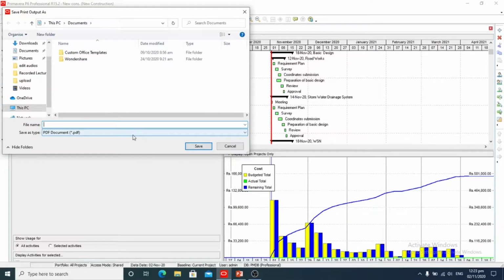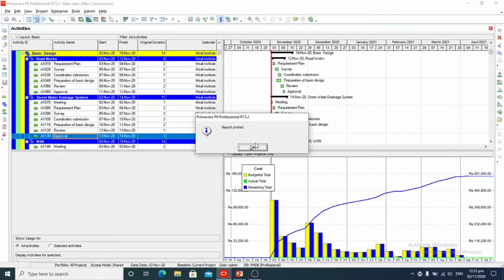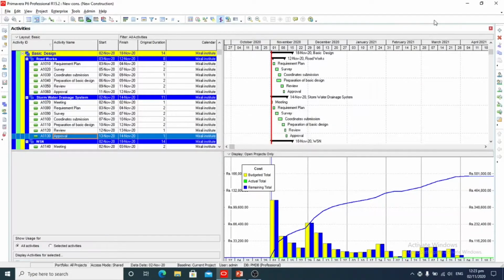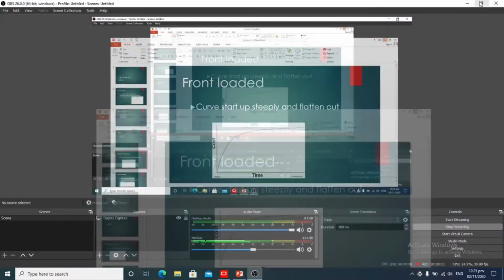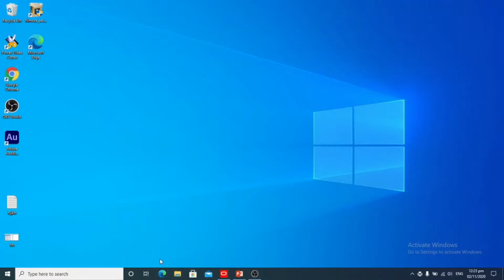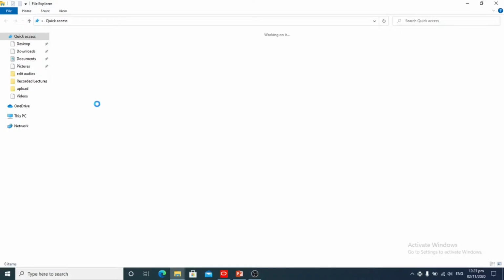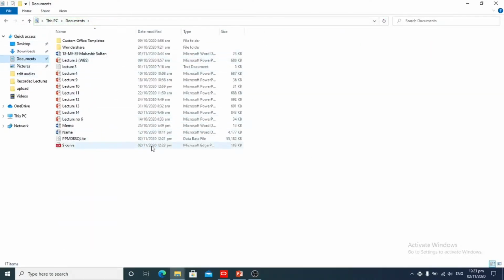We can save the S curve. Report printed. Here we can see S curves.